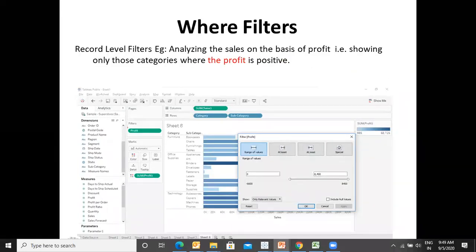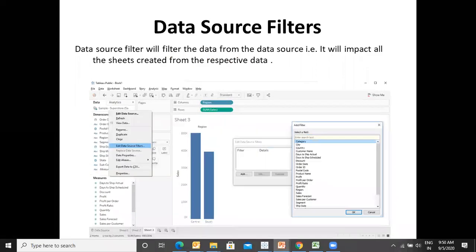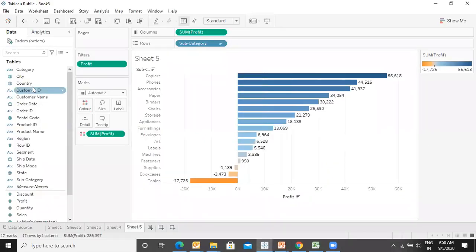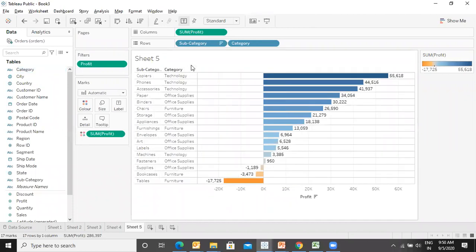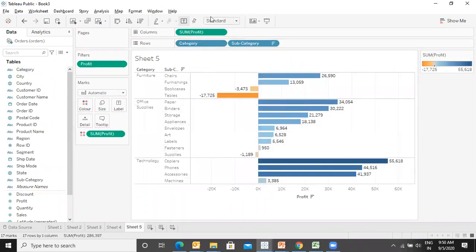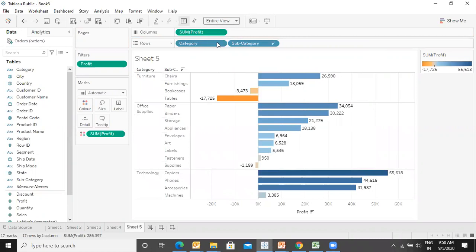Next we have, okay, the where filters, I already told you about the record level filters. Then comes a data source filter. Now let's see data source filter, and I also like to put a category over here in this one, and let's make it entire view. Right, so let's look at the graphs which we have. In this we are displaying the category and the subcategory wise profit.